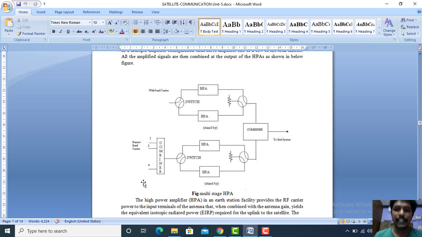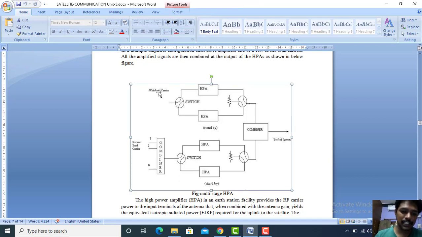Here the same single stage figure will continue n number of times and it will do the multiple stage operation. What it indicates is, one amplifier is operated for the information of the signals to give, another is operated for the wideband carrier signals to be given. So in the multi-stage power amplifier, the wideband carrier here, which we are showing clearly,